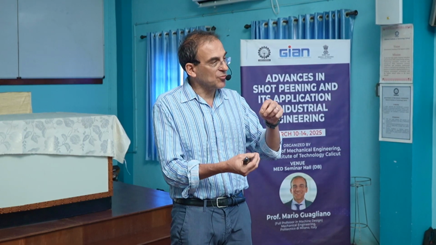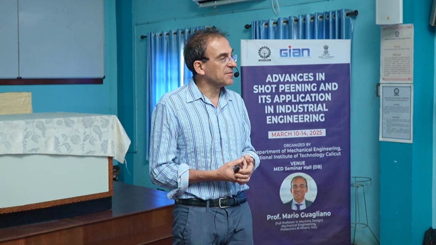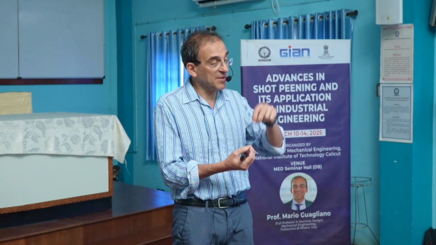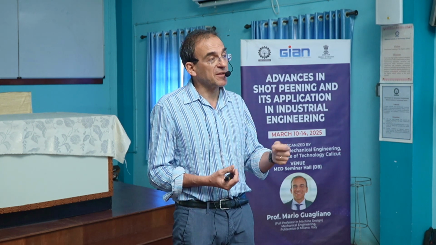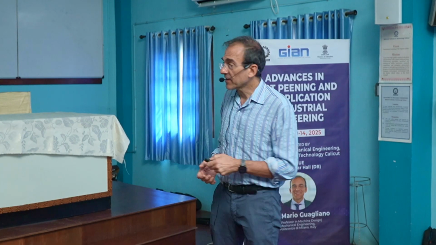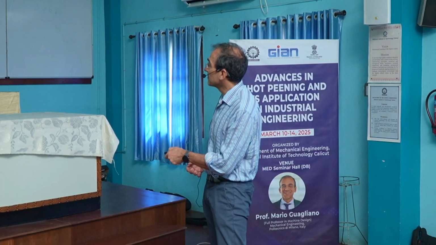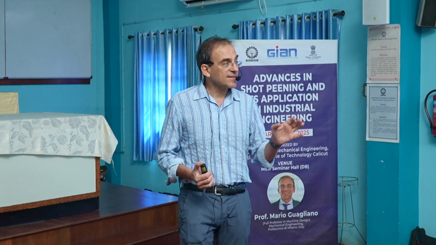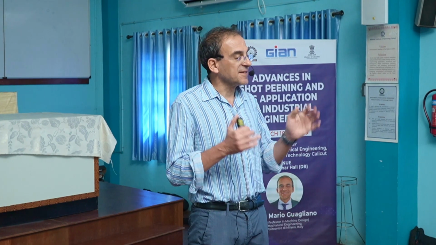That is to say, two consecutive shots cannot affect the same point, because the impact would be prevented by the presence of the previous ball. Okay, but anyway random, and you see here the sequence, the different balls that were represented. Okay, and indeed, I did say that if we are considering